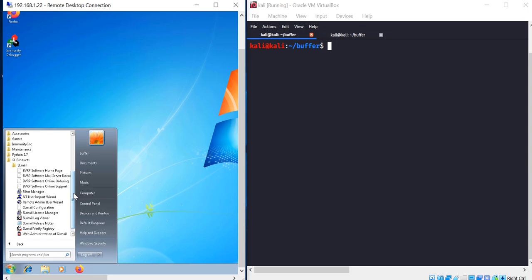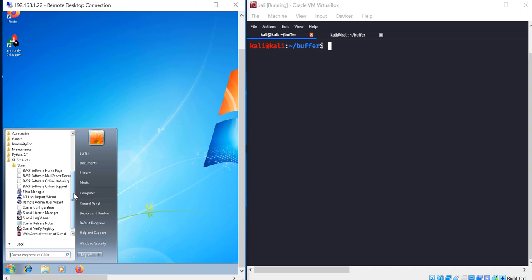If you are planning for the OSCP exam, the OSCP exam has a buffer overflow mission which carries 25 marks, and if you are really comfortable with buffer overflow, you are pretty much sure to obtain 25 out of 70. 70 is the pass rate, so with one more 25-mark mission and one 20-mark mission you clear the OSCP exam. So buffer overflow is one of the critical missions on the OSCP exam.